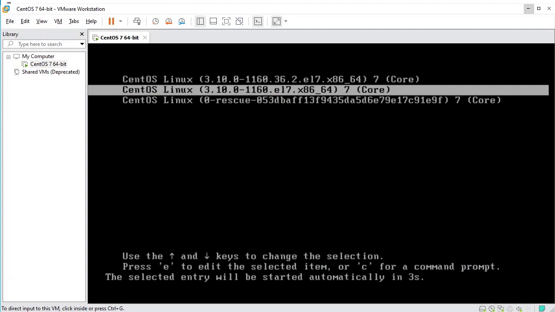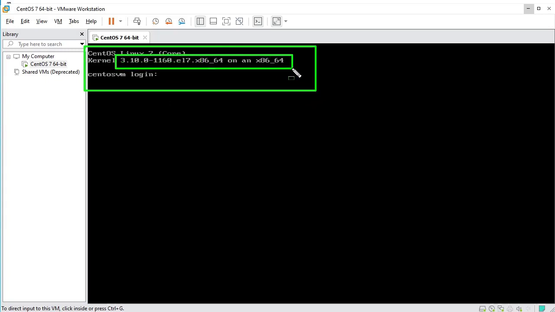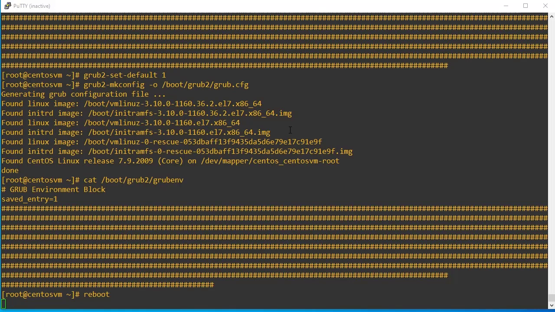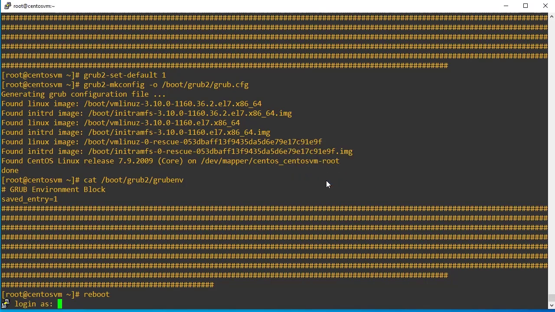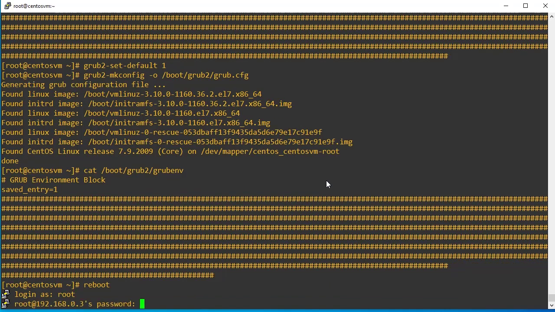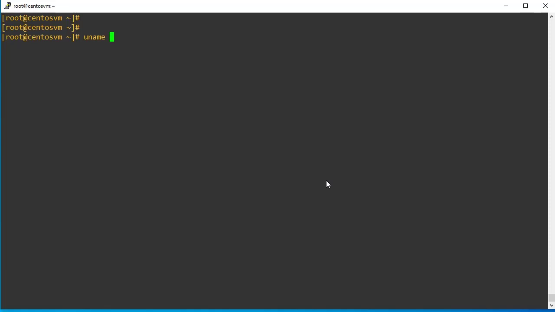Yeah, we can see my system has now started booting with the old kernel. We got the login prompt, and from the login prompt itself we can see the system is booted with the old kernel. Post restart, we can take a new session, log into the system, and validate it.